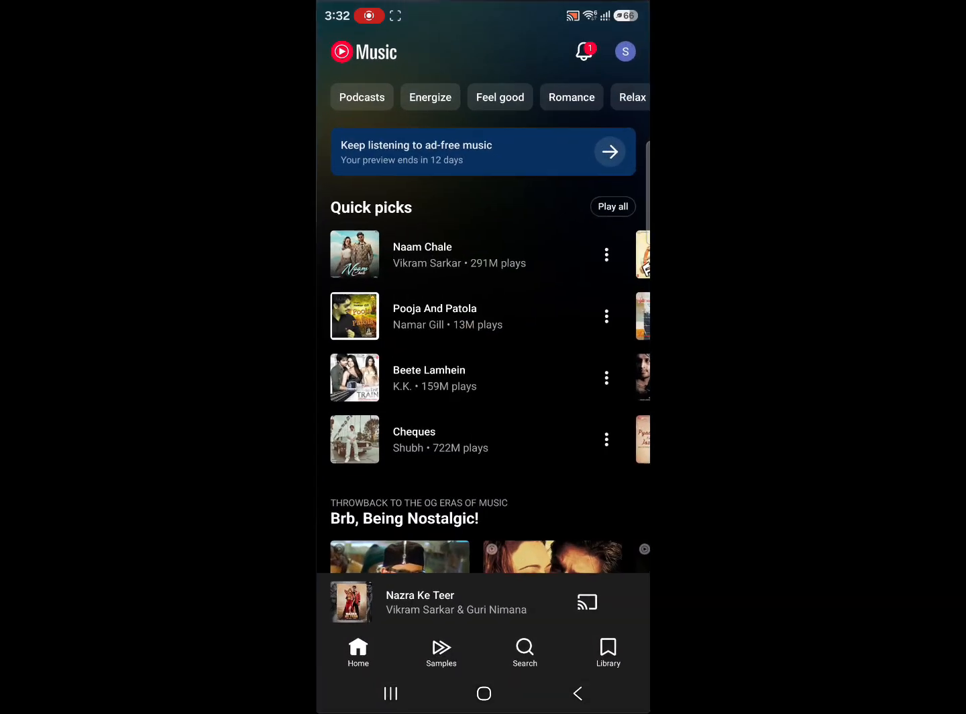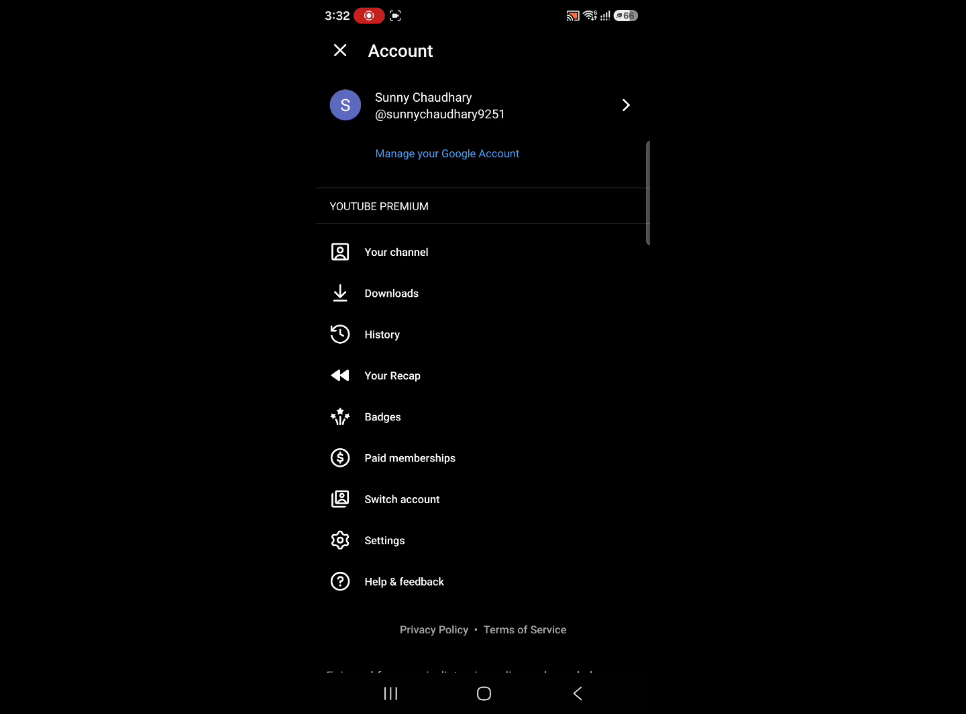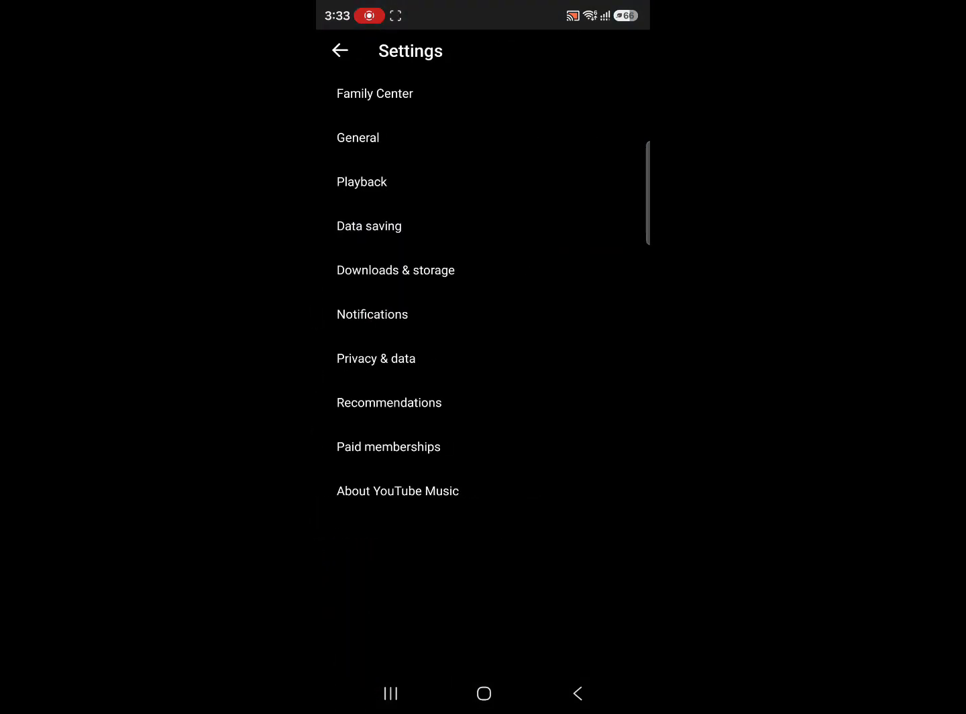So I'll open the YouTube Music app, and at the top right corner where you have the profile icon, click on that and then go to settings. On iPhone, you will find it at the bottom. Once you're here in the settings, you will have a lot of options, and we need to go to